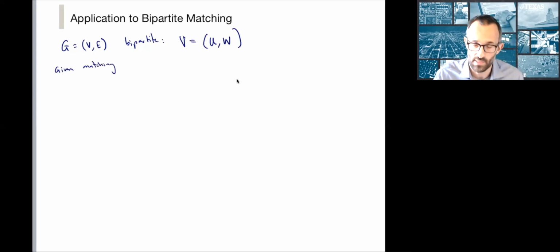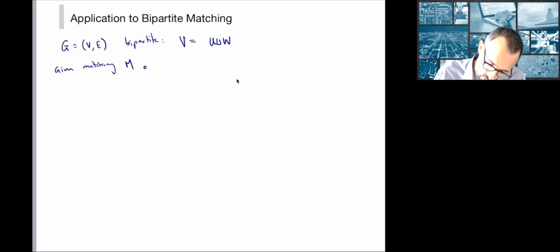that may not be maximum size, just any matching M, I'm going to choose an orientation of the edges of G. Sorry, what I meant here is that V is the disjoint union of U and W. Think about U as being the nodes on the left, W as being the nodes on the right. So given a matching M, let's orient the edges E as follows. Take any edge E that's equal to UW and orient